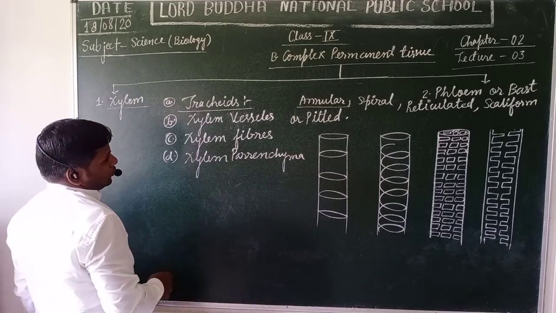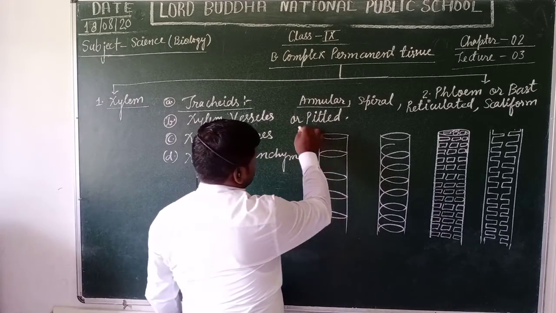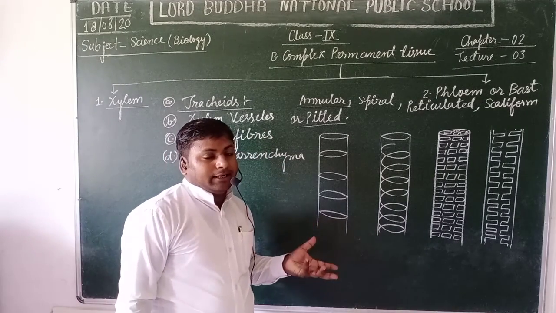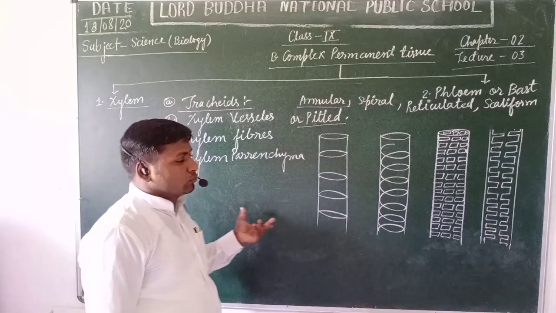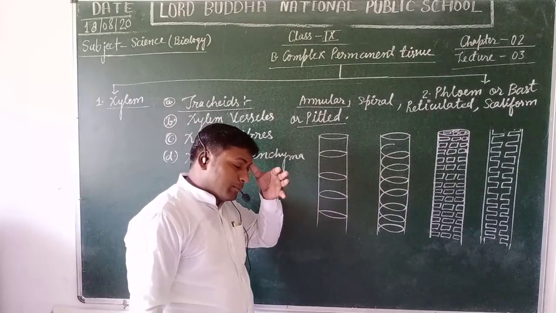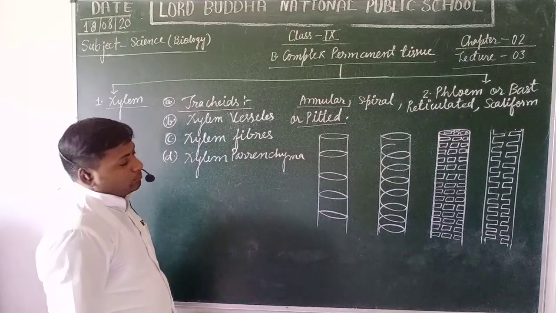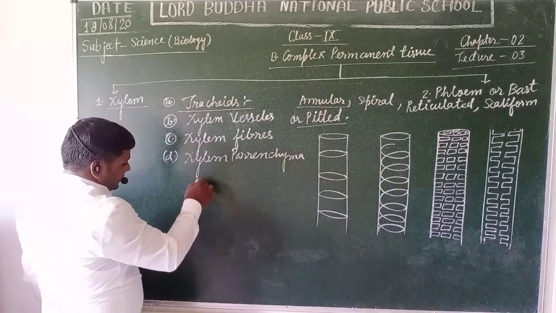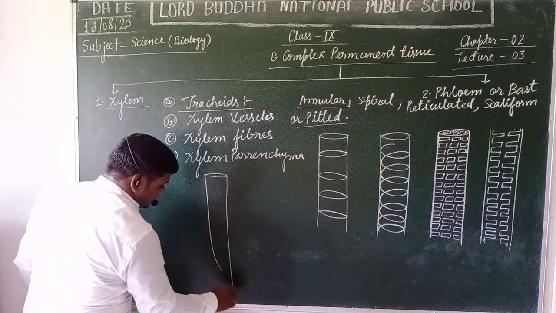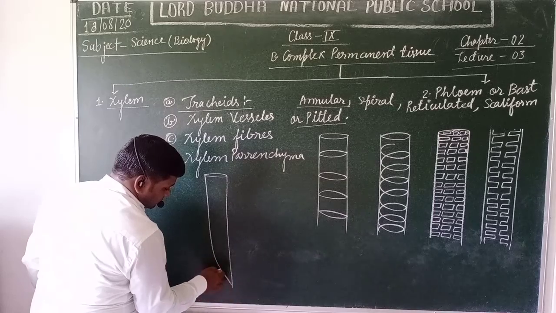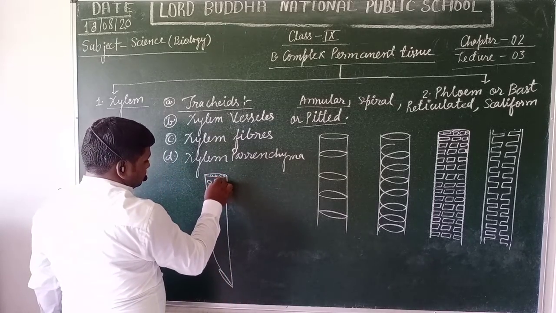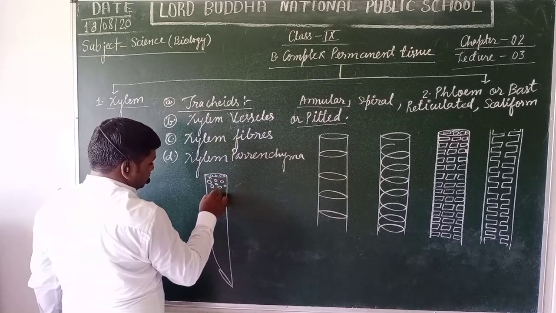Now students, another two types of structures are pitted. Pitted are mainly of two types. Some contain sclerenchyma fibers, that's why they have a border structure, and another is the simple type of pitted structure. They do not possess any kind of border, as I illustrate in these diagrams. These are the simple pits of the tracheids.